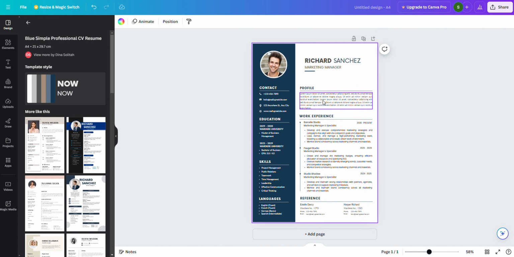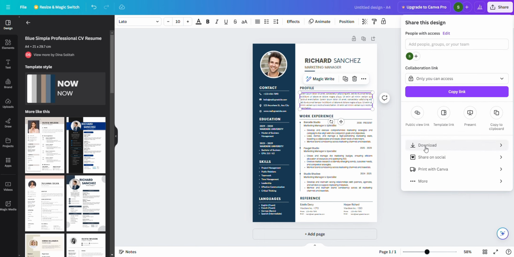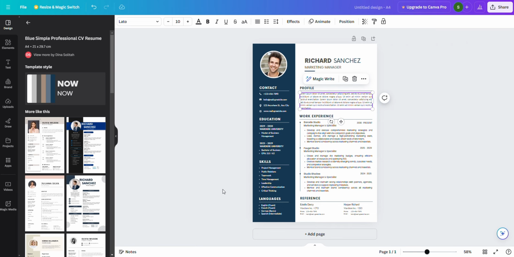I just want to modify and update it. What you need to do is just update the content here for your profile, the work experience, the references, contact numbers, education, skills, languages, and everything. That's all, and your resume will be ready, and you can download it for free and use it.